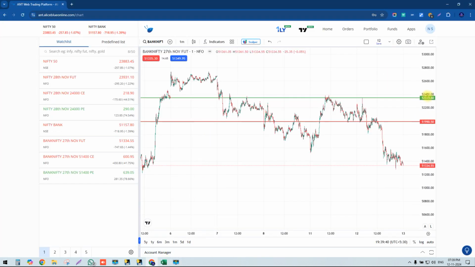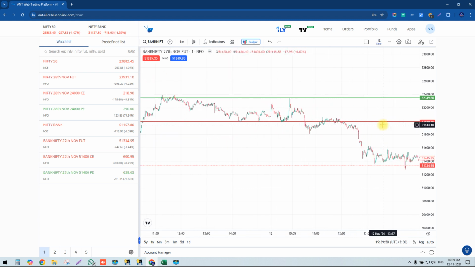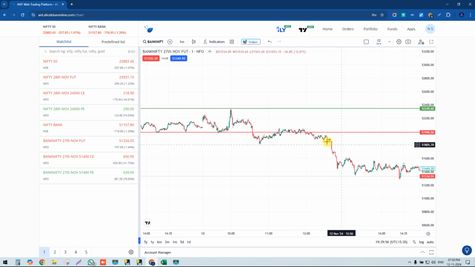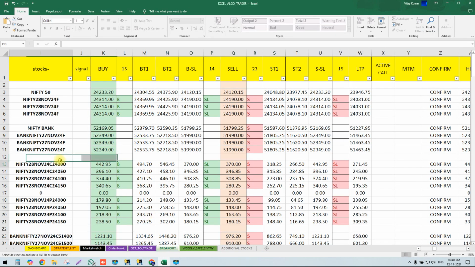See, this is our breakout strategy guys. This will go, everything goes automatically if you follow this step by step. Okay guys, here our sell was generated here in Bank Nifty also in futures, and market was totally bearish. Okay guys, here next we'll go for Nifty put call option.